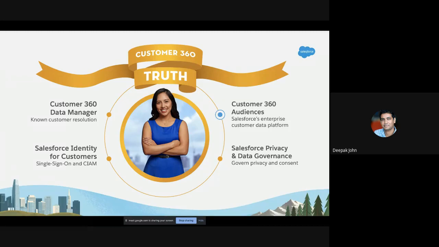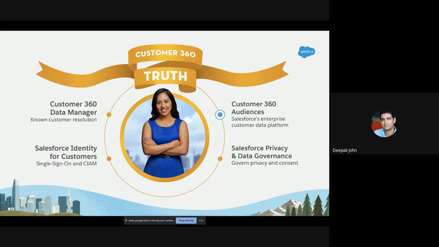And then you've got Salesforce Identity, where you can have that single login for all of your teams, whether that's service, sales, and so forth. Then you've got Salesforce's Privacy and Governance. That's helping you govern the complex data privacy issues and the rules in the markets. So how do you make sure people are opting in? How do you make sure you're sending those emails to those people who've opted in for a particular type of marketing? If they've said opt out, what sort of opt-outs have you taken, especially the organizations in the Middle East where you've got multiple brands under them?